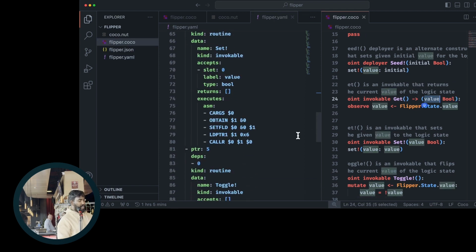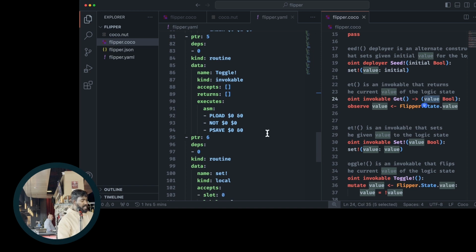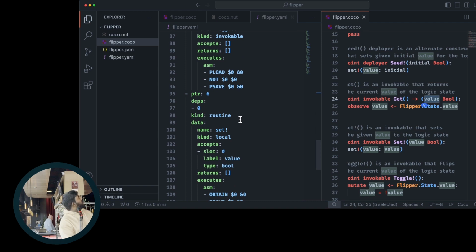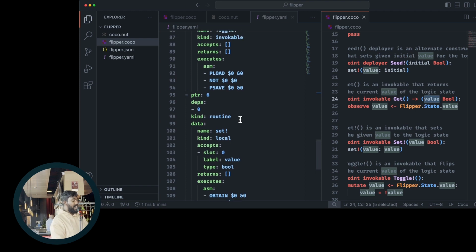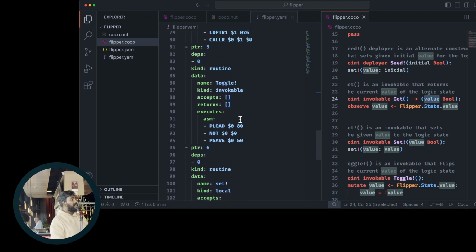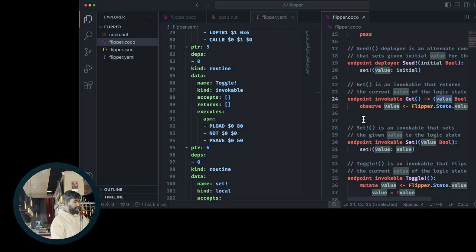And if I was trying to set, let's just do toggle, right? This is the flip function. I'm loading the state from the local contract state, and then I'm negating it, and then I'm saving it. That's all it is, right? The opcodes are so light, so efficient. I mean, sure, this is not for everyone to dissect and break down, but the average developer is going to be able to verify and understand what exactly is happening on the virtual machine, right? In the EVM, you need to be a wizard to figure out what the hell is going on from opcode to opcode. It's quite complicated, if I'm being honest. But yeah, the nature of the opcode is much lighter, very easy for the average developer to dissect and know what's happening inside the virtual machine, right?